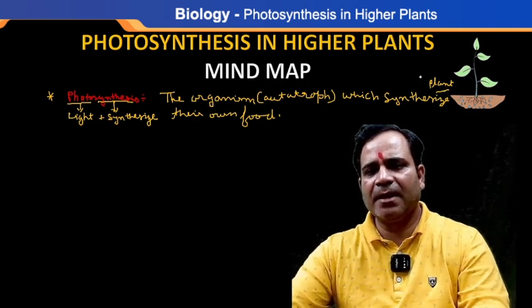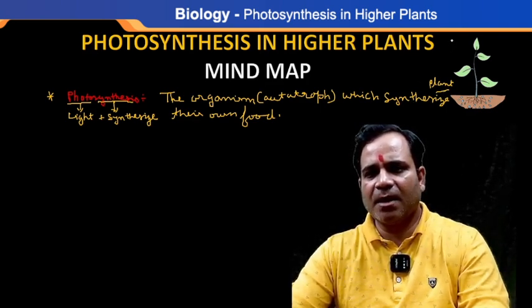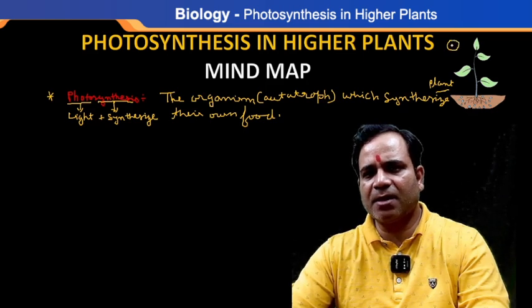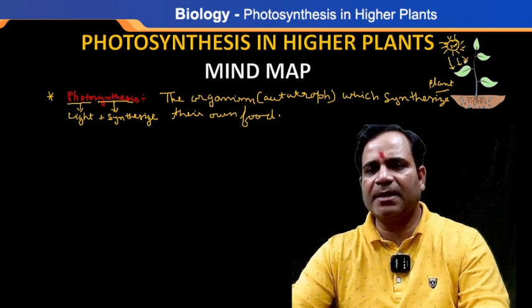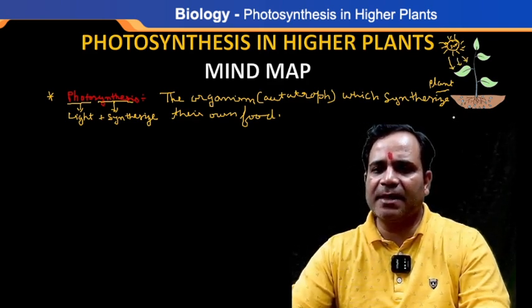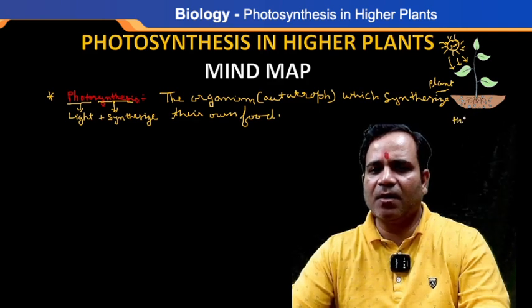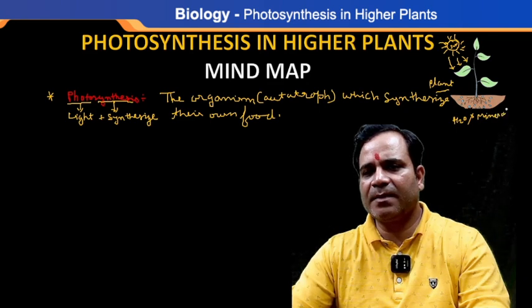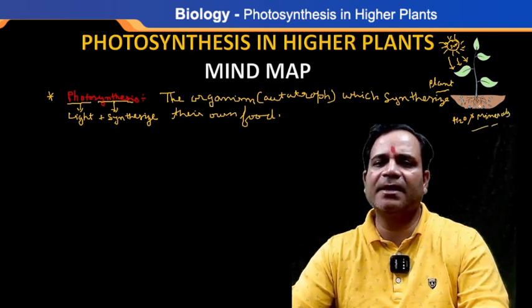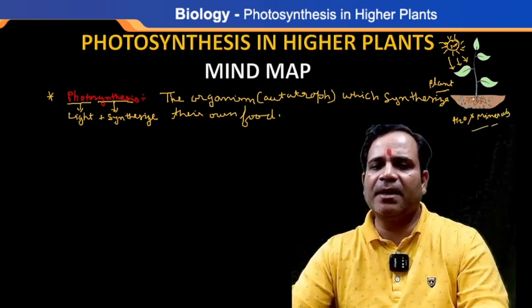But now the thing to know is how these green plants make their own food. Suppose this one is the sun, and this sun radiates solar energy which falls on the green plants, and water and minerals. See what I'm writing here, water and minerals are taken by the green plants, and